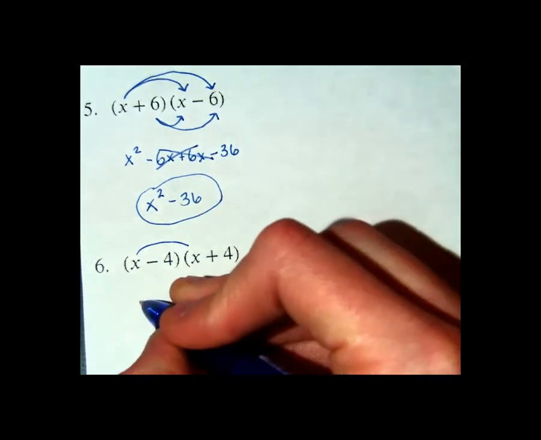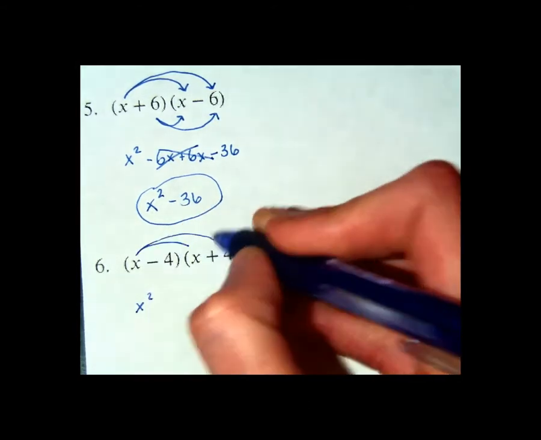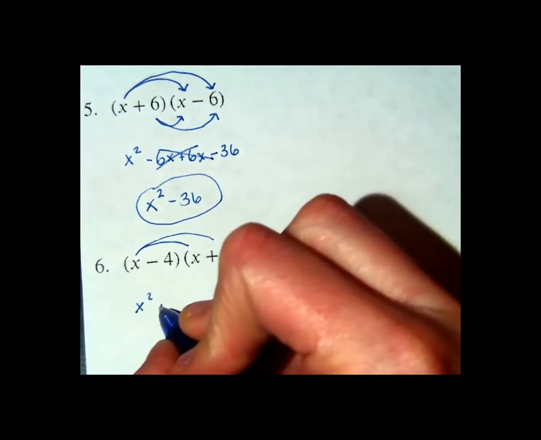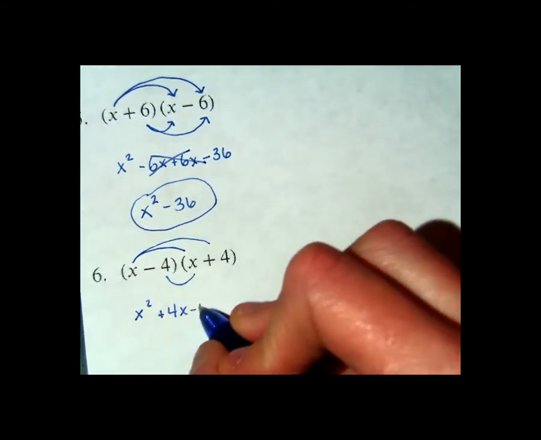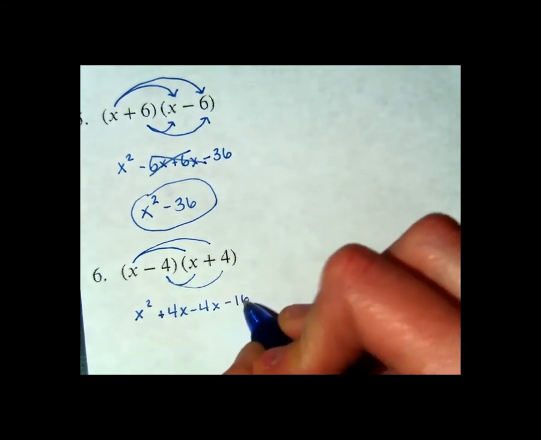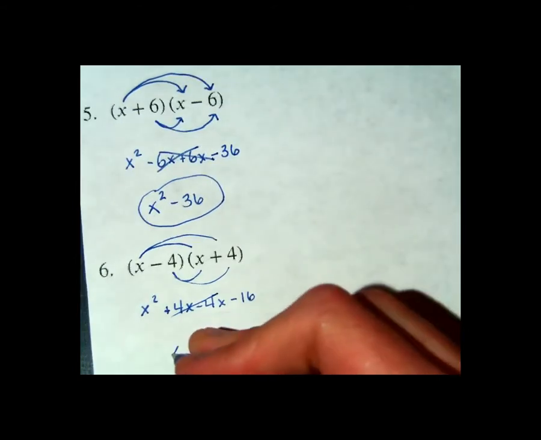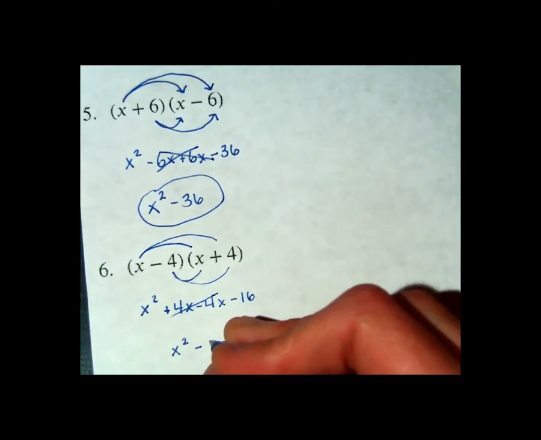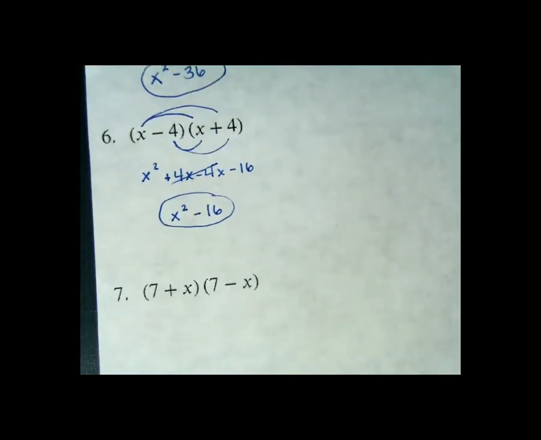X times x is x squared, x times 4, negative 4 times x. And negative 4 times 4. What happens to my like terms? So I get x squared minus